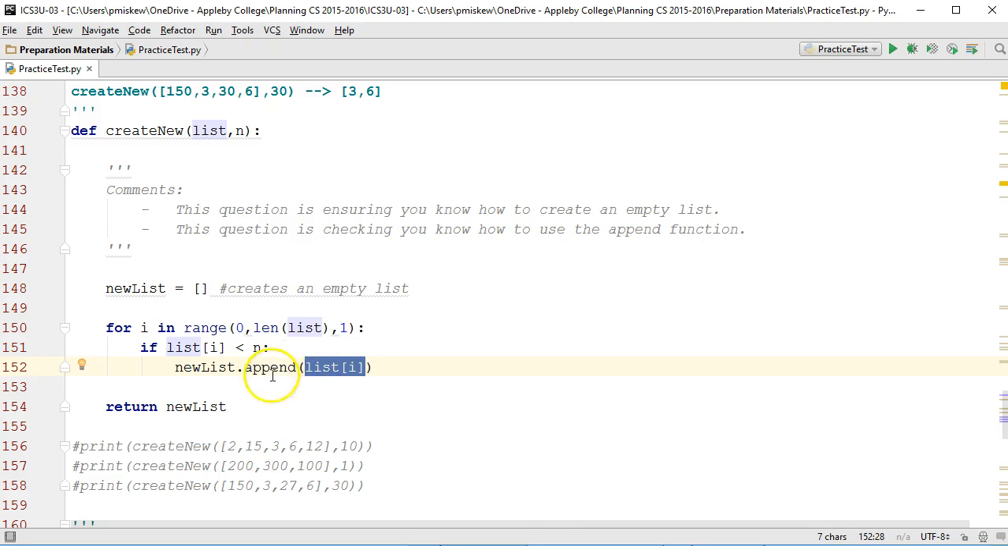And that's it. The way append works is I call append using the name of the list I want to append to. So in this case, I want to append to new list. And then I put the value that I append in it. And then I return my list. And if this works correctly,